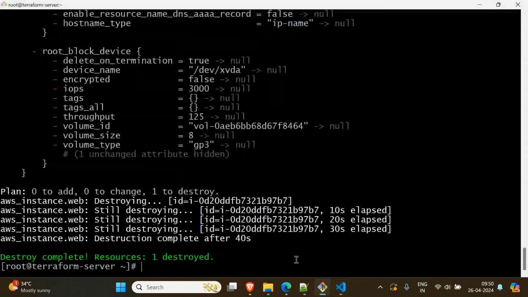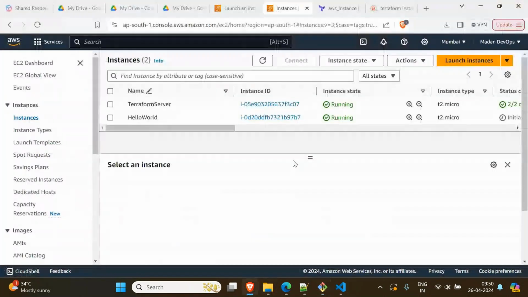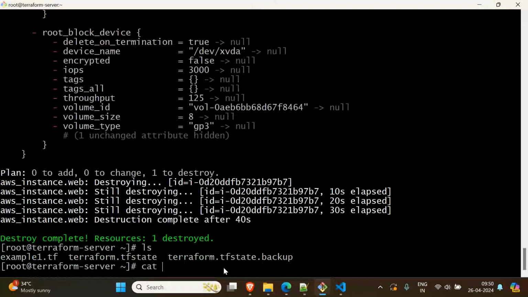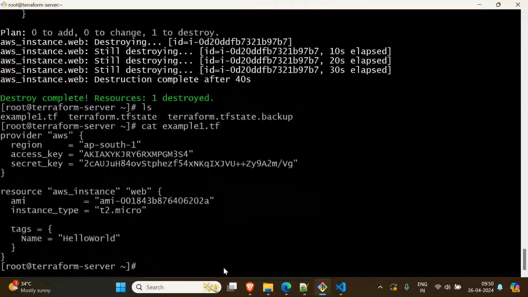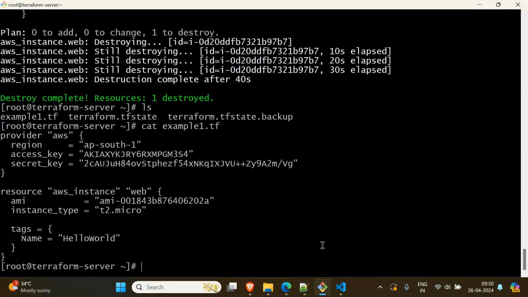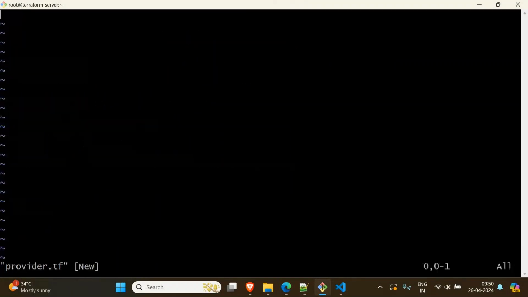That means here, is it destroyed, right? Let us check whether it is destroyed or not. Refresh, it's destroyed. So if you see ls and cat examples, you see the provider is there. You can separate it, for example, vi provider.tf, you can give some name. Okay, in this insert mode, copy this,